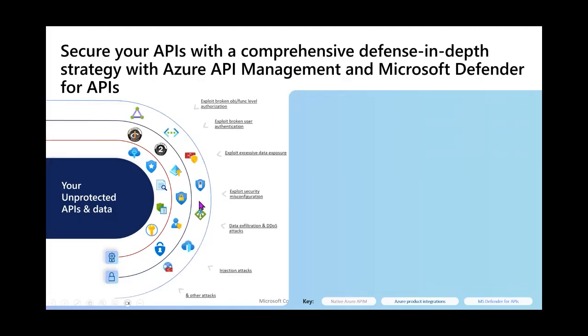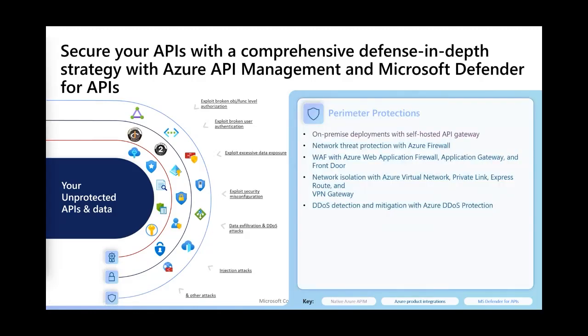And then lastly, by adding in perimeter protections with network security solutions, you can take API protection to the next level. So this allows you to achieve layer 4 through 7 threat protections with Azure Firewall and Azure Web Application Firewall, and benefit from many of the native security features to isolate your API endpoints within your virtual networks. You can also protect against DDoS attacks with Azure DDoS Protection. By using all of these solutions combined, you would get end-to-end lifecycle protection for your APIs.